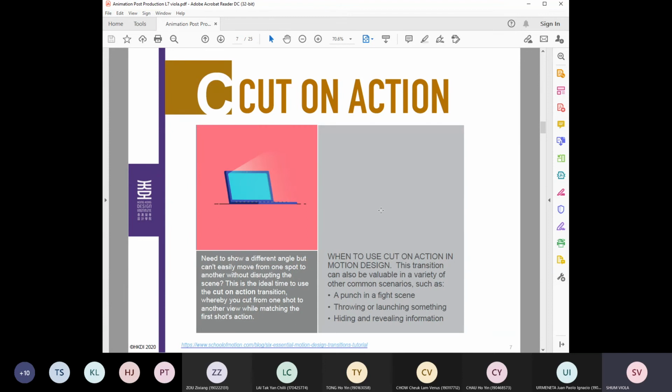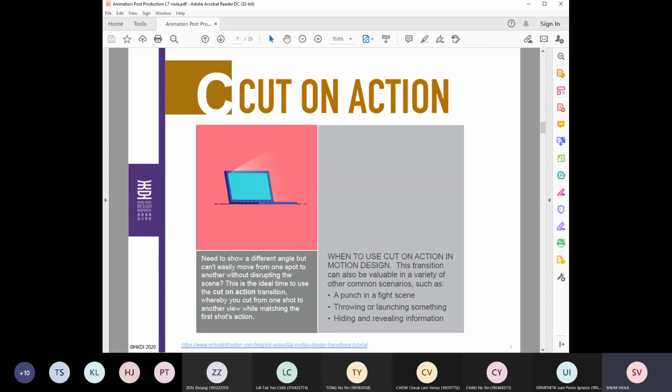So you have to think about why you're using this kind of transition, instead of using it just because it's easy to do. You have to think about which one is the best solution, not because it's easy to do, but because you have some purpose. You have your rationale for why you're using this.